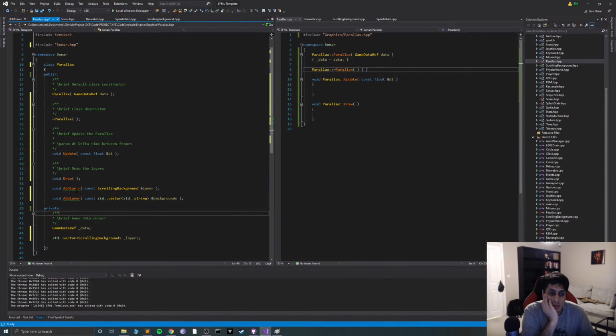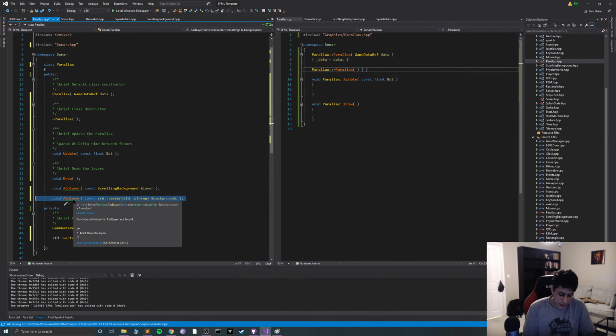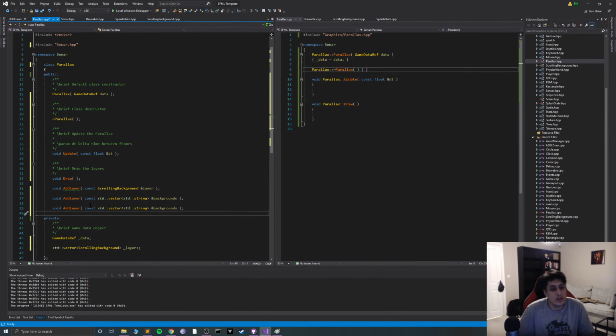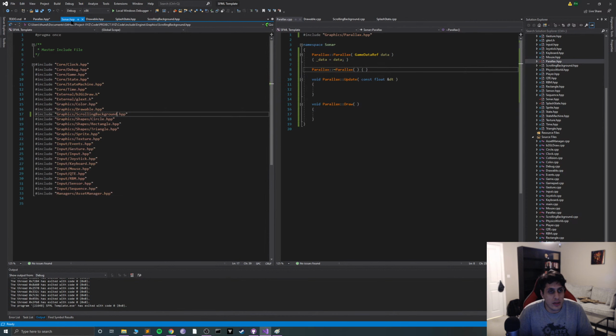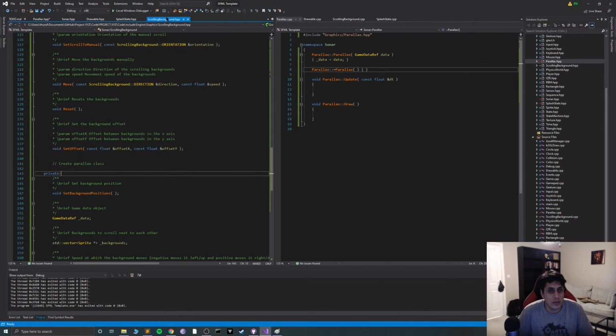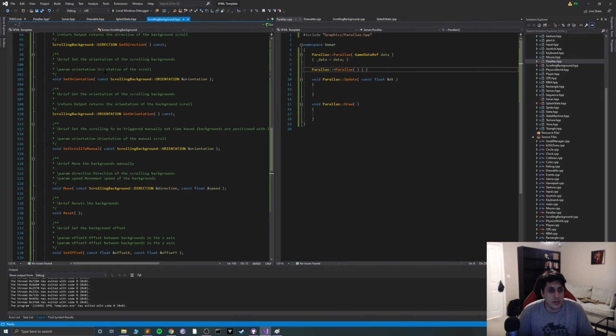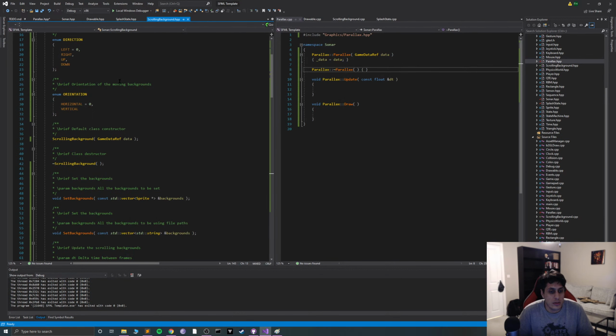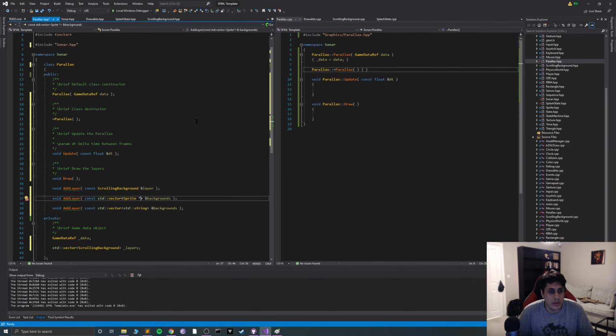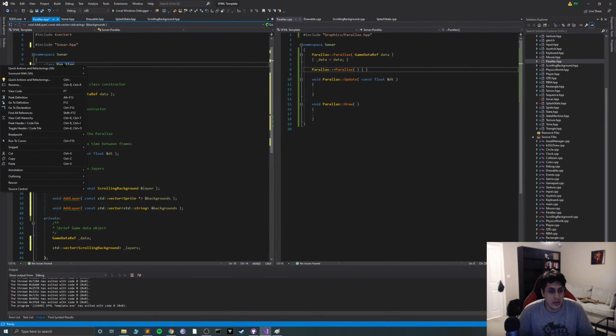Okay, and then we'll have one more which will take in a vector of sprites. So I'll print this one just to retain the order. Sprite asterisk, background. Yeah, okay, so that should be all good now. So if I was to try and implement this